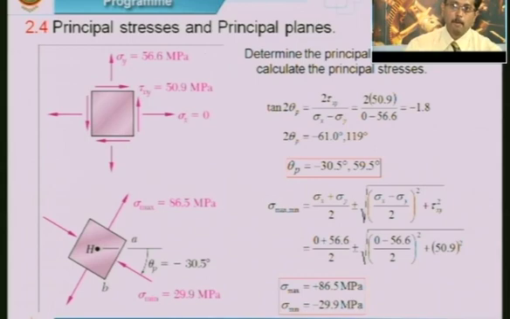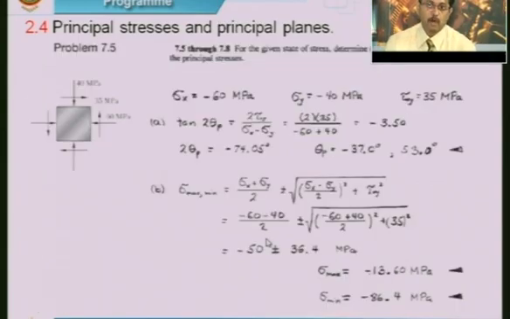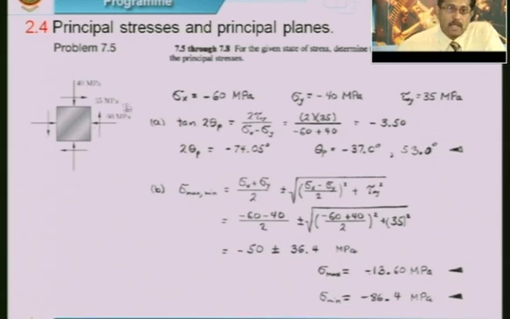So for this problem, we were supposed to find out the principal plane and the principal stress, which we got from this equation. Okay, we have solved two problems now. Let us go to the next one. In this problem again, what is given is, for the given state of stress, determine the principal plane and the principal stress. Here we have sigma x to be minus 60 because that is compressive. Sigma y is also compressive, the value is 40 megapascal, whereas tau xy is positive,